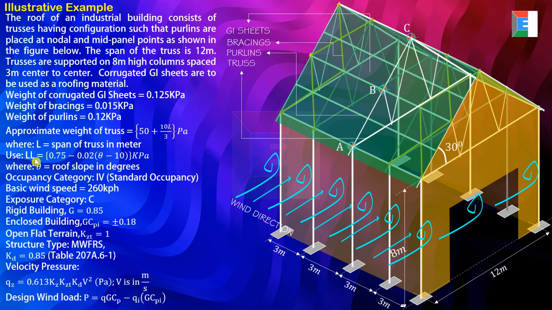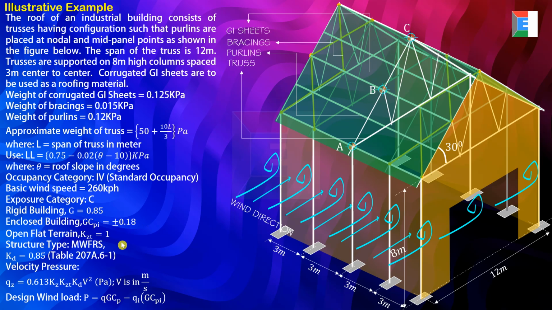And then we approximate the roof live load, which is 0.75 minus 0.02 multiplied by theta minus 10 in kPa, where theta is itong roof slope in degrees, itong 30 degrees. So, itong warehouse na to is, meron siyang standard occupancy, category 4, meron siyang basic wind speed na 260 kPa, exposure category type C, rigid building, so yung G niya is 0.85, enclosed building, GCPI is plus minus 0.18. So, it is to be built on an open flat terrain, so meron siyang topographic